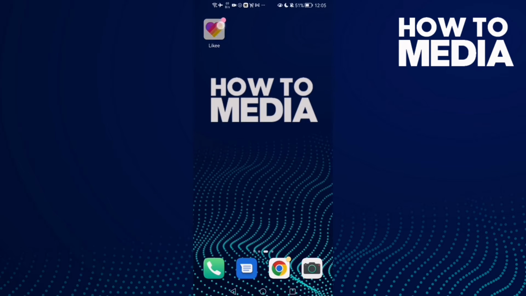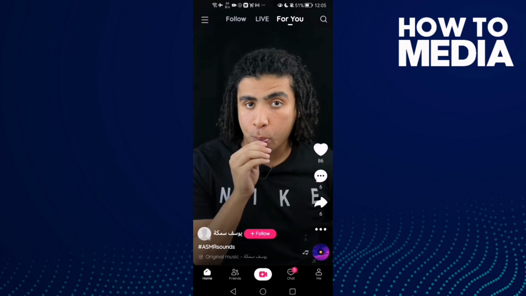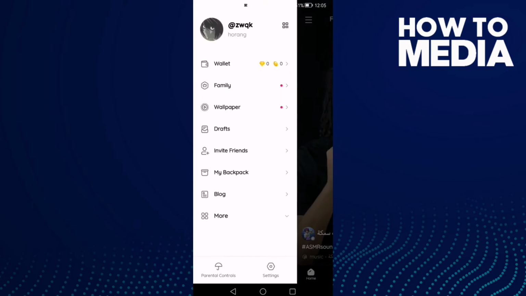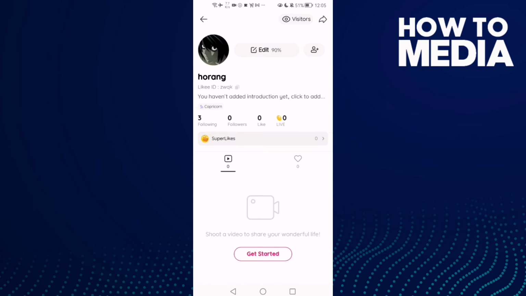First thing, go to Likee app and here you will find these three lines in the top corner. Click on it and then just click on your profile here in the top, and here you will find edit. Click on it